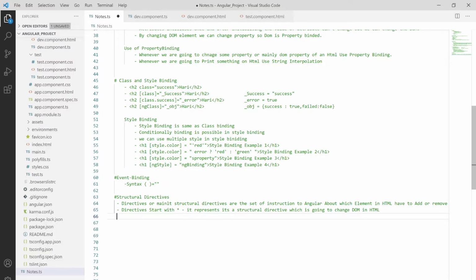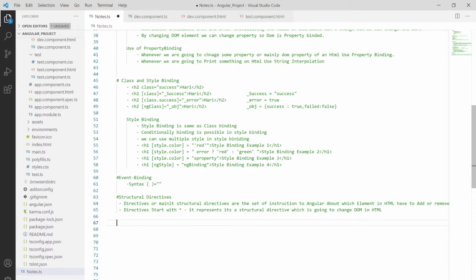So let me move toward the practical. What are the directives? We also have some inbuilt directives, namely ngIf, ngSwitch, and then we have the ngFor loop over here.